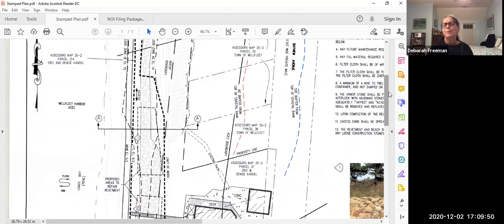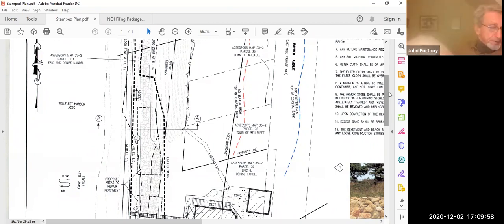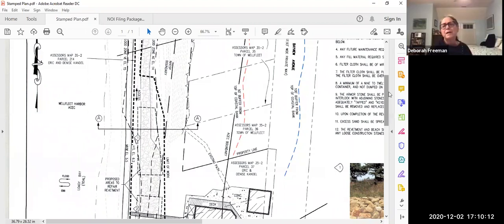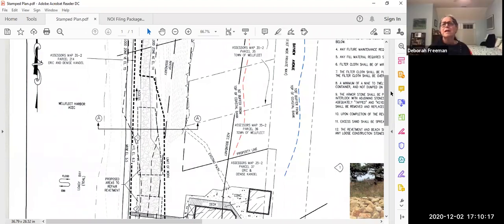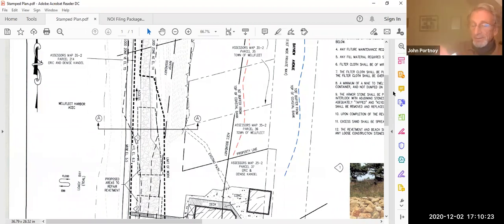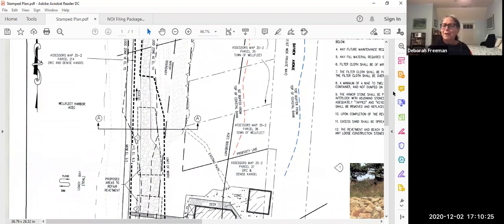Anything else from anybody? Could I have a motion, please? Okay, I'll move that we approve the notice of intent for revetment repair for 60 Bayview Avenue. Is there a second? I'll second, Leon. We need a voice vote on this. Leon, how do you vote? Yes. John Portnoy, Yes. Barbara Brennisell, Yes. Ben Fairbank, Yes. Michael Fisher,